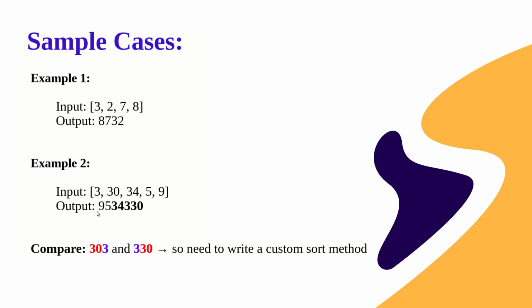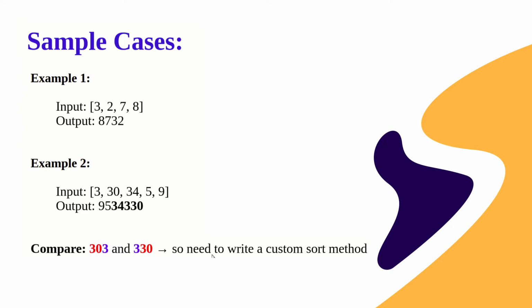One question here: how do we decide whether 303 or 330 should be formed? As you can see, 330 is greater than 303, so we pick that. But how do we understand this? The logic is not to just take the greater number first and then append the next smaller number. That only works when the elements are single digits. When there are 2-digit numbers as well, just appending in decreasing order would not solve the problem. Here 303 is smaller than 330, but as per that logic you would append 30 and then 3. So this is incorrect.